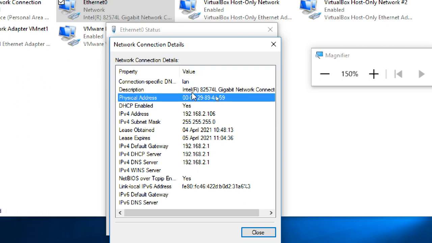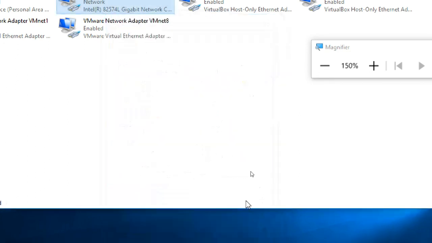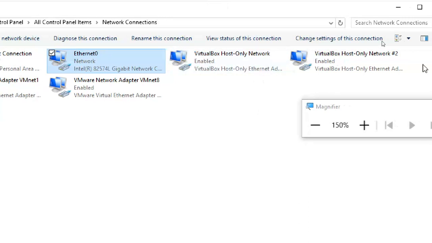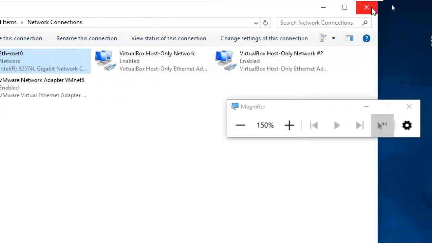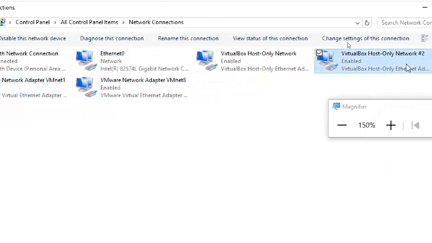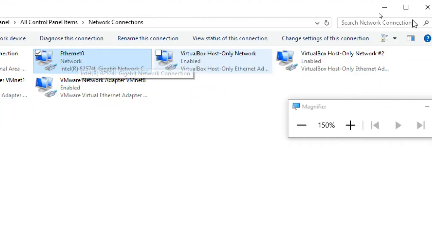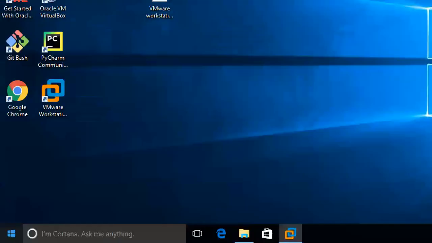This is my network adapter in this PC. I will show you in my physical PC also. This is the virtual PC currently. I have VMnet 1 and VMnet 8, and this is the actual network connection. Okay, I closed it.